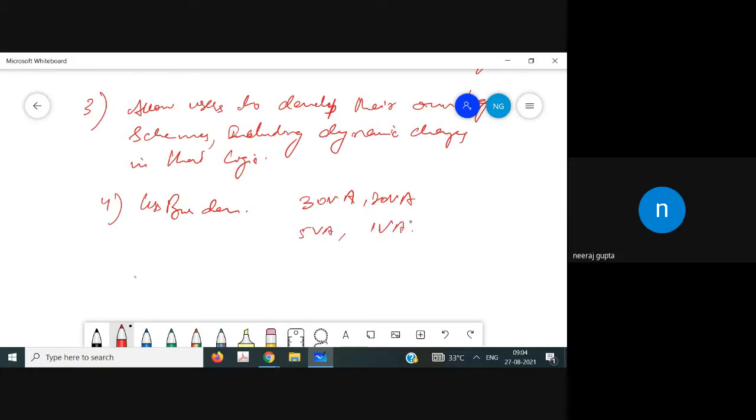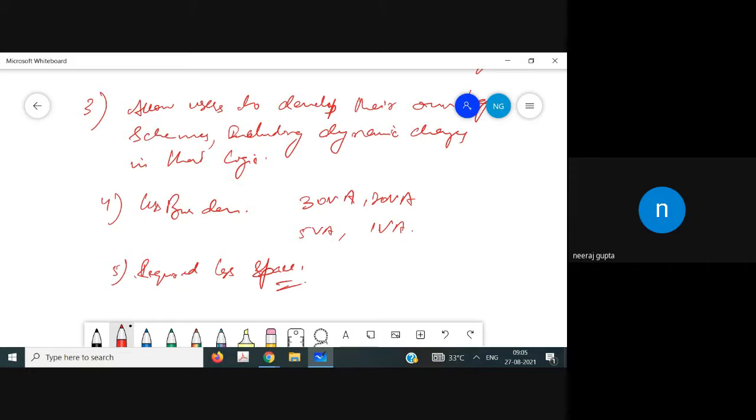Next, you can say that it requires less space. So that is also one of the advantages. It requires less panel space compared with the electromechanical or solid-state relay. So it means that if I want to use it in a substation, where I have limited space, I can accommodate multiple microprocessor based relays in that case.